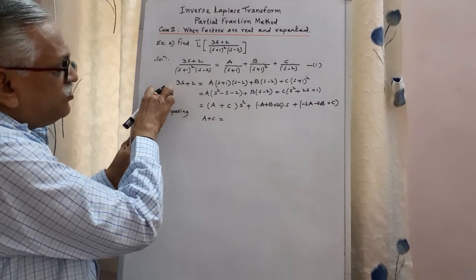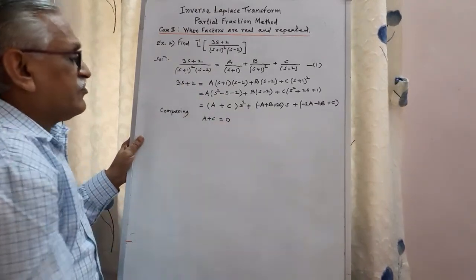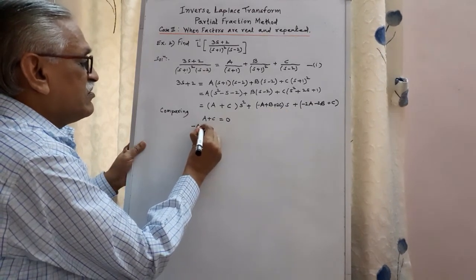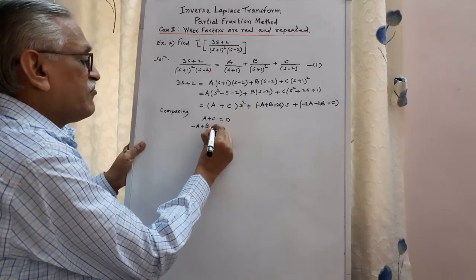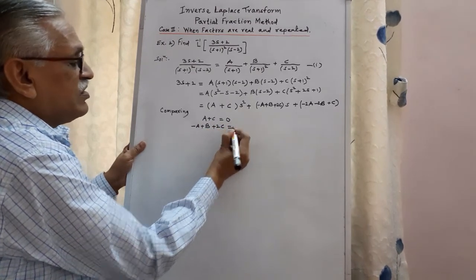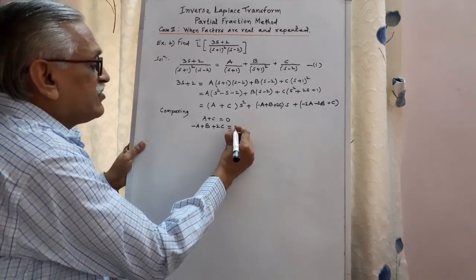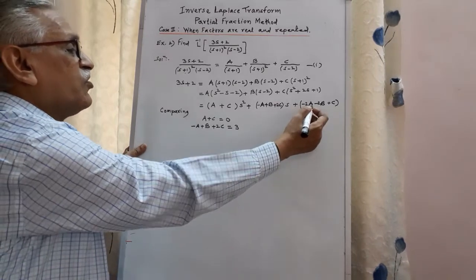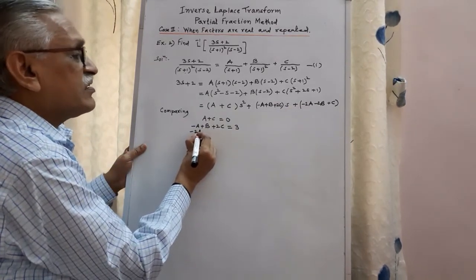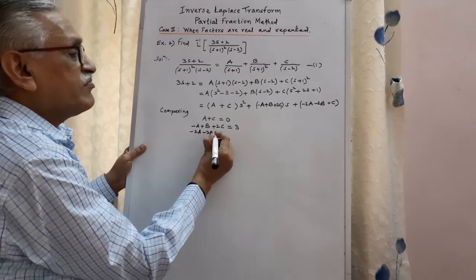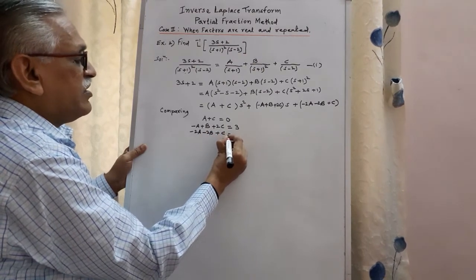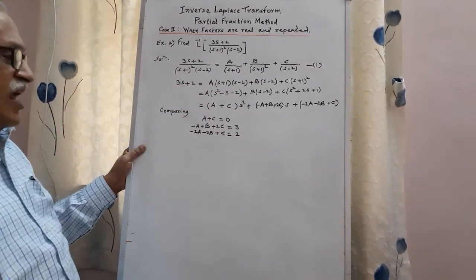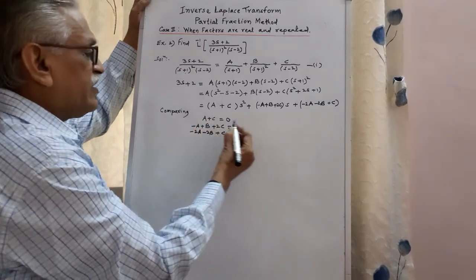On the left hand side, there is no term of s square, therefore its coefficient is 0. The coefficient of s is minus a plus b plus 2c, and on the left hand side the coefficient of s is 3. Then the next constant term is minus 2a minus 2b plus c, and on the left hand side the constant term is 2. Then solving these three equations simultaneously, from the first we get a equals to